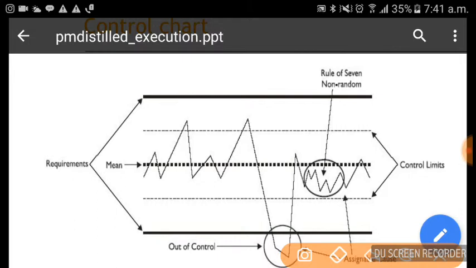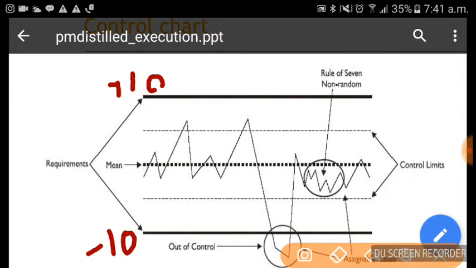So we say the customer specification limit is plus 10 to minus 10. That is the customer specification limit. So whenever he conducts a review of the project, he doesn't want to see a schedule variance of more than 10%.